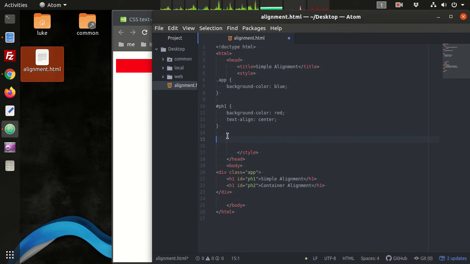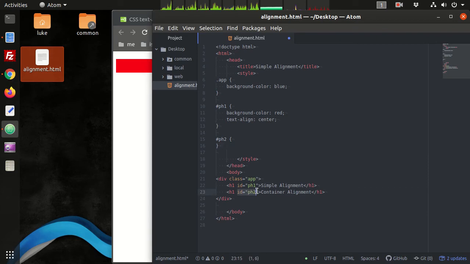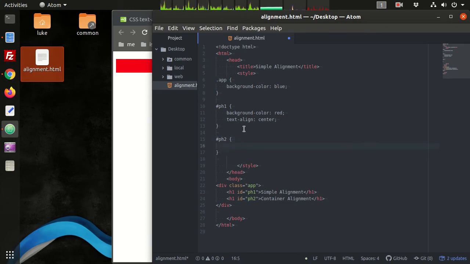All right, so we have CSS selector, page heading 2. This is going to select this HTML element because it has an ID property, hash, and then ph2. And what we're going to do here is we're going to set a width to 50%.